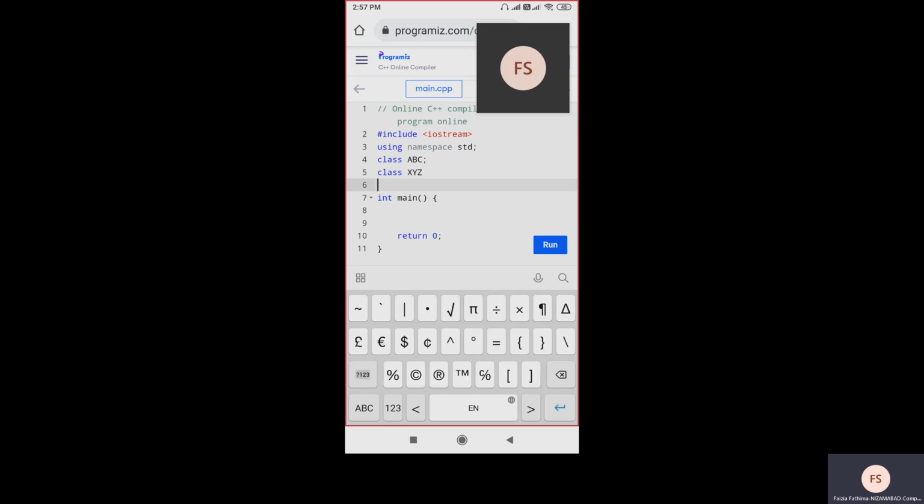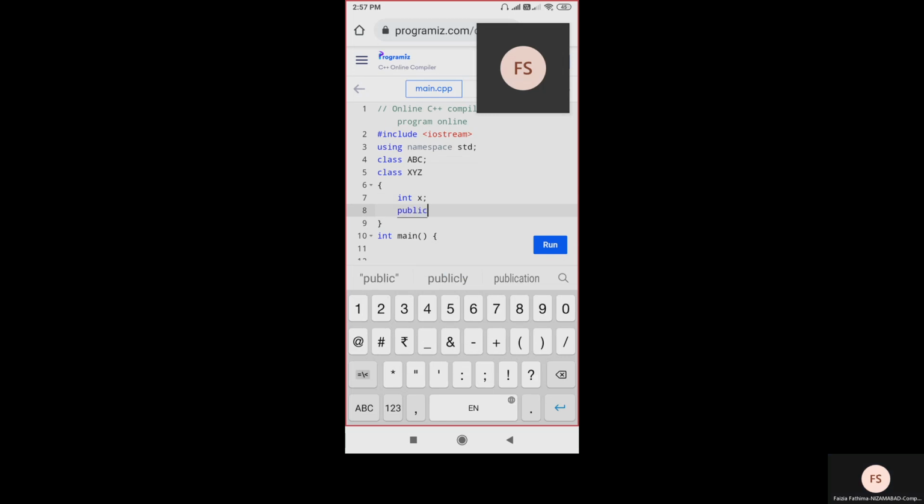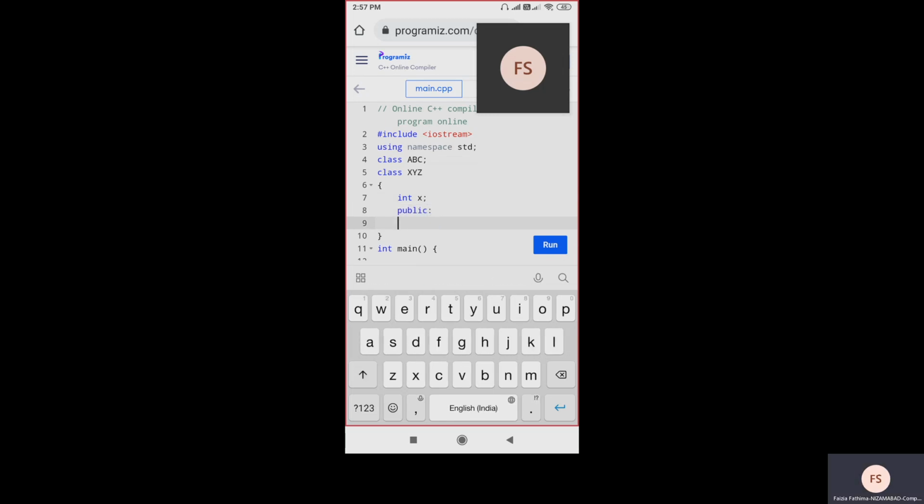In XYZ class, again I am having data members, right? So here what data member I am using, int x I am taking. Okay, small letters, int x. Okay, here I am using public specifier. In that public specifier, I am taking a member function called set value, void set value.